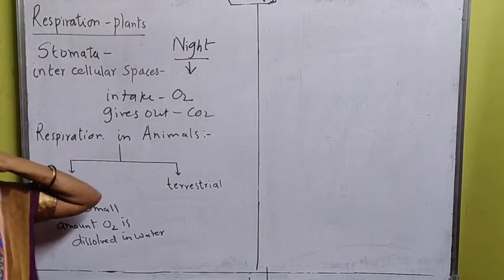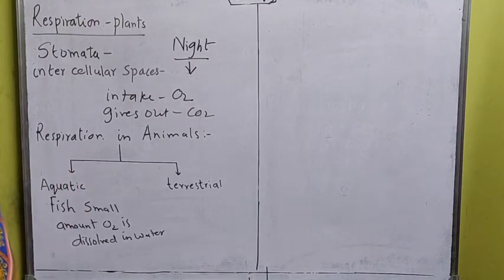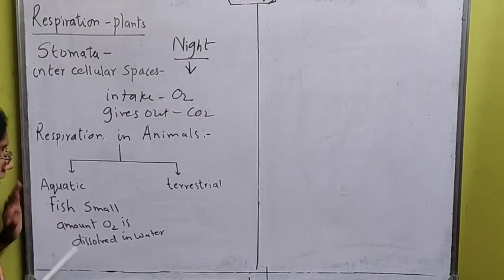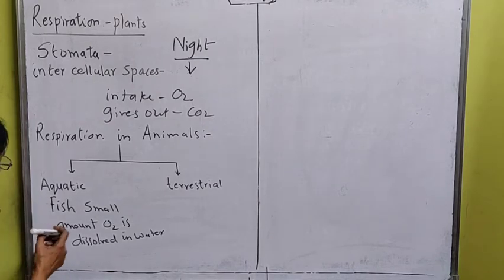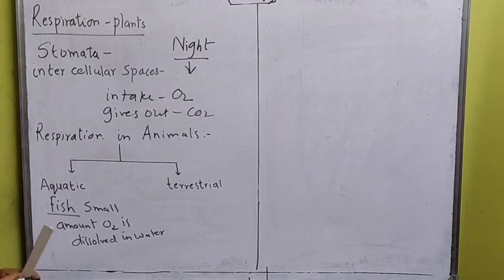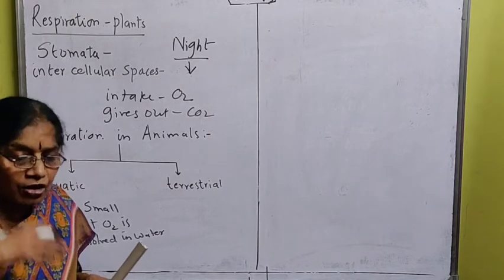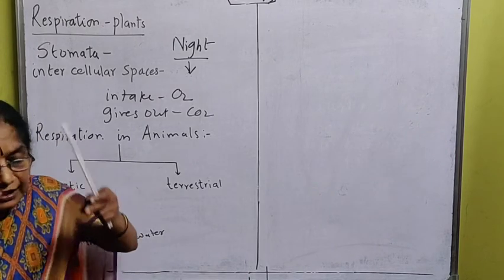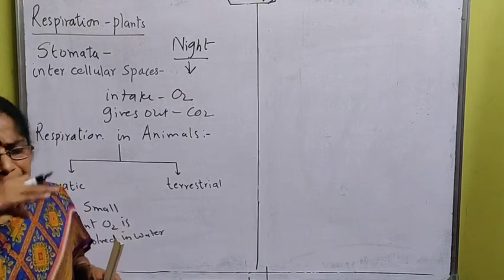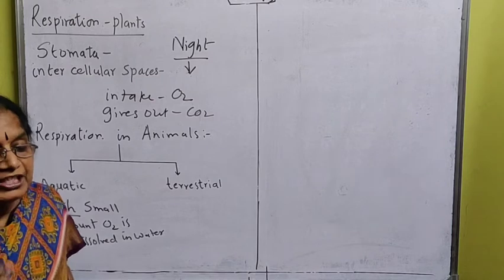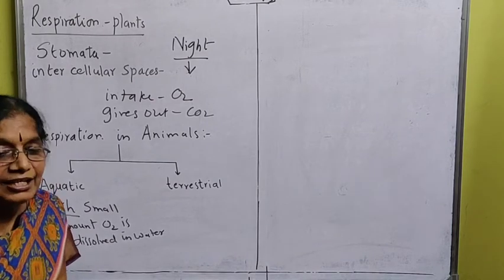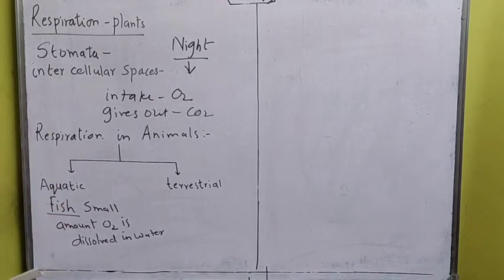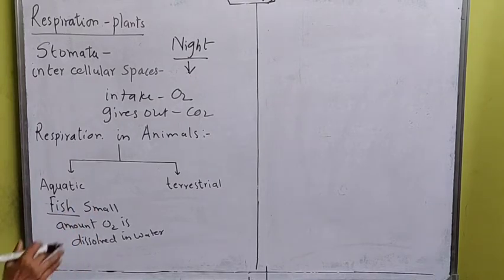These are the aquatic animals. Let us take the example of the fish. The fish cannot come and stay on the land. The making of the body of a fish is such that it has to stay in water only. So whatever small amount of oxygen is dissolved in the water is taken by